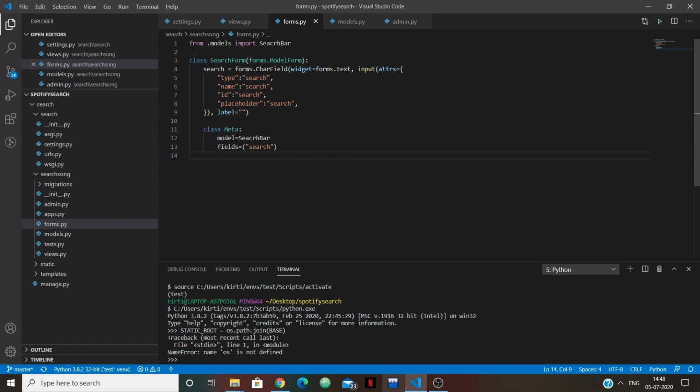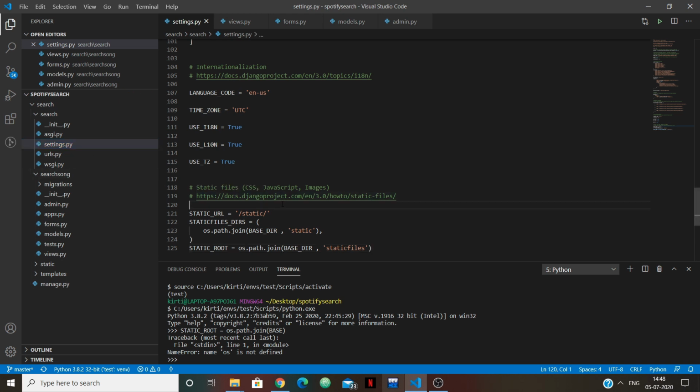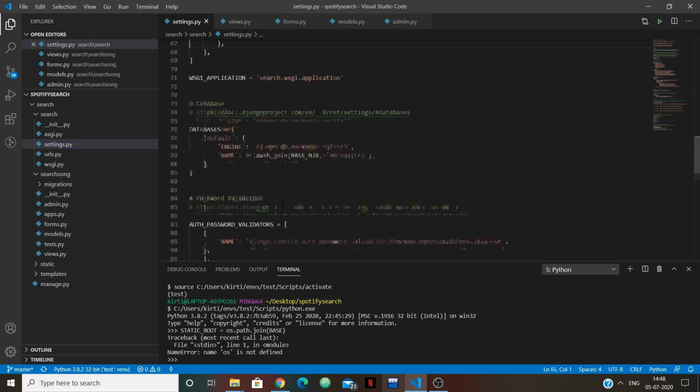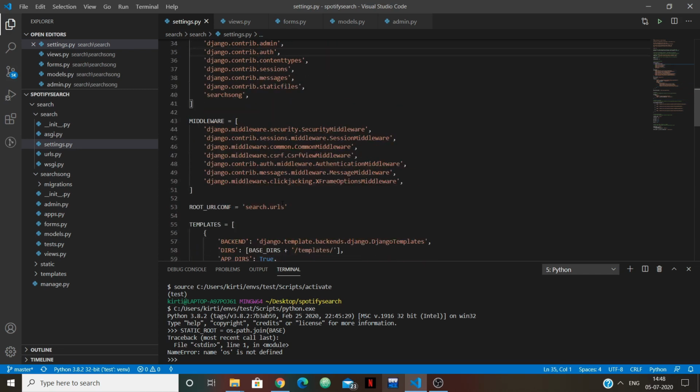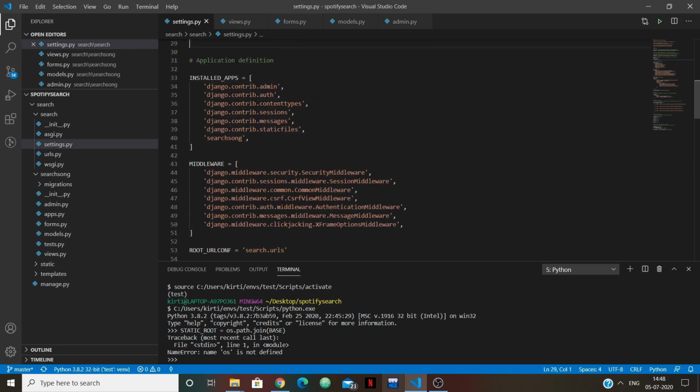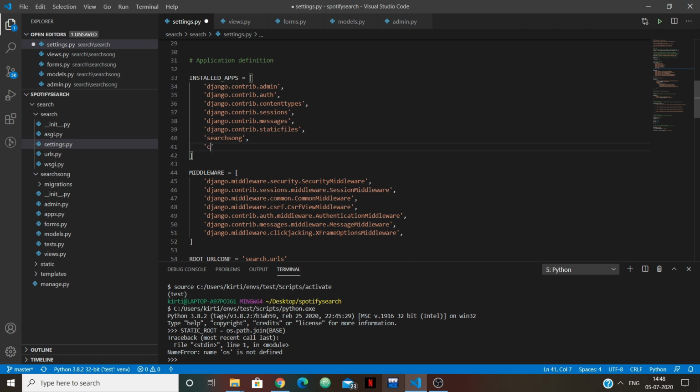So before going to migrate, one thing which I have missed is in your settings.py you have to tell Django that you are using Crispy Forms as an external app. So in the section installed apps, just write crispy_forms, and if you have not installed the module for crispy forms, then please pip install the crispy forms module. Okay,